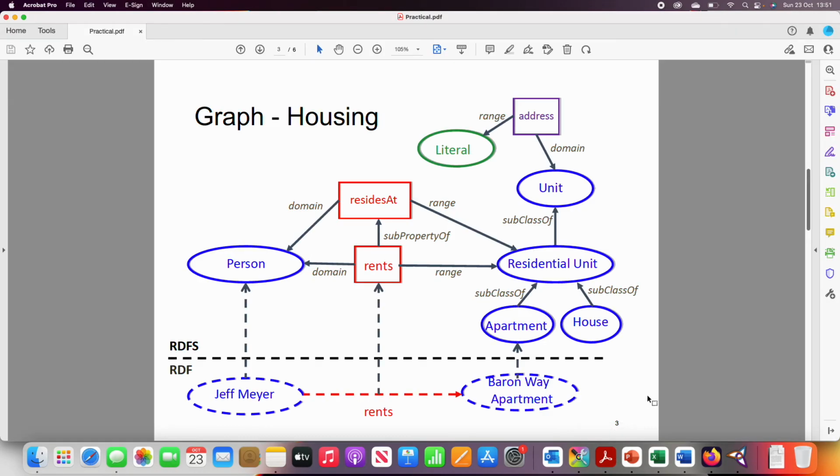So the ontology has been created, but I will show you one extra thing, because this might be needed in other ontologies that you might create later on. So we can add this data type property for the instance Baron Way apartment, which is we can define the address for this Baron Way apartment. So what we need to do is